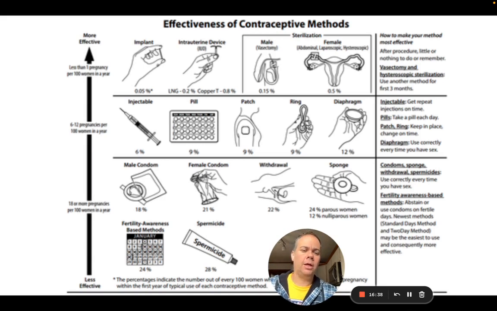or some couples try to time it so that they don't have sex during the time when a woman's ovulating, so she's less likely to get pregnant. But again, these are ways that have quite a high failure rate. Trying to time sex so that it doesn't coincide with ovulation fails about 24% of the time, so a significant amount. And some of these methods also do not prevent the spread of disease. There are several sexually transmitted diseases that using a condom can prevent the transmission of as well. So that's something else that's important to be aware of.